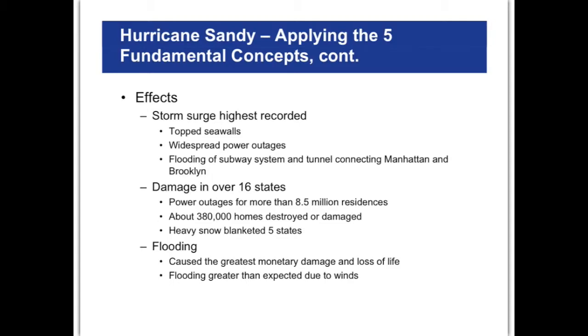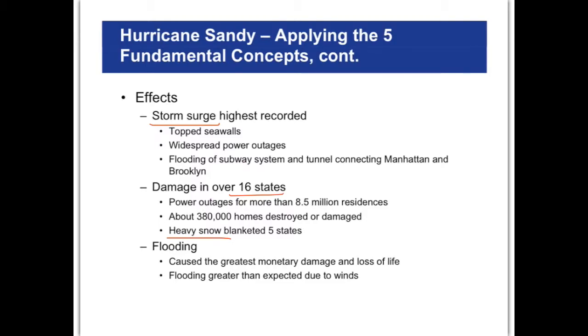So just as a quick recap of Superstorm Sandy, what are some of the effects that it had? Well, the storm surge was a big one. It brought a lot of water into a very highly populated area. There were seawalls in place that it still crested those seawalls and went over. The states on the East Coast are a lot smaller, and so they're a lot closer together. And so 16 states were all affected by Superstorm Sandy. And a lot of power outages and a lot of destroyed homes and a heck of a lot of flooding and even some snow. Because remember, a cold front came in there.